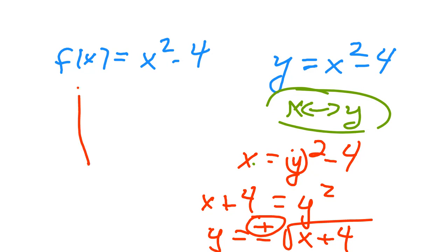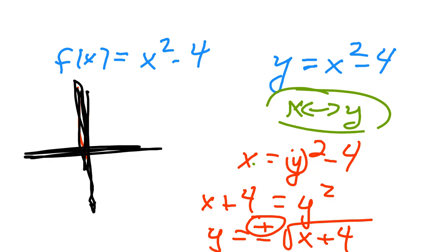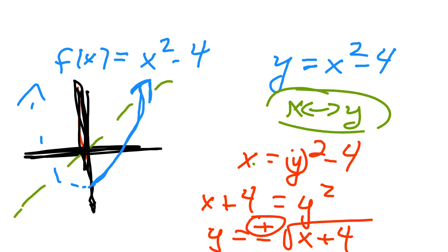So the x squared minus 4 here. Sorry, let me draw the xy axis here. There's the xy axis. X squared minus 4, what's that look like? It's a downshift, right, of a parabola of the y equals x squared. But what we have to do here is restrict the domain, not look at the left side or the negative x's there, and flipping this here should end up looking like